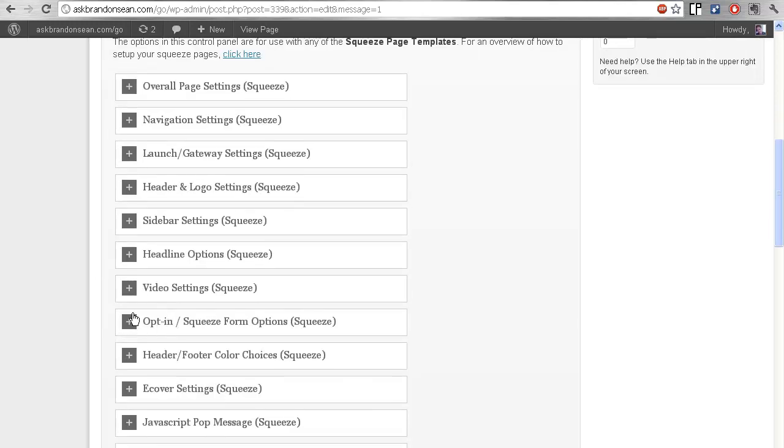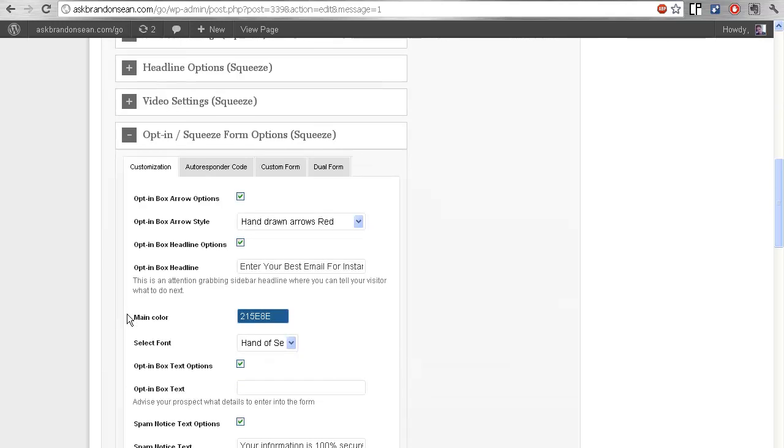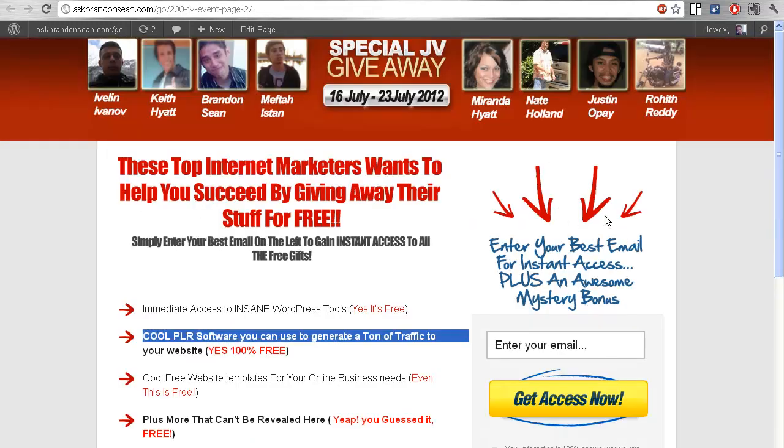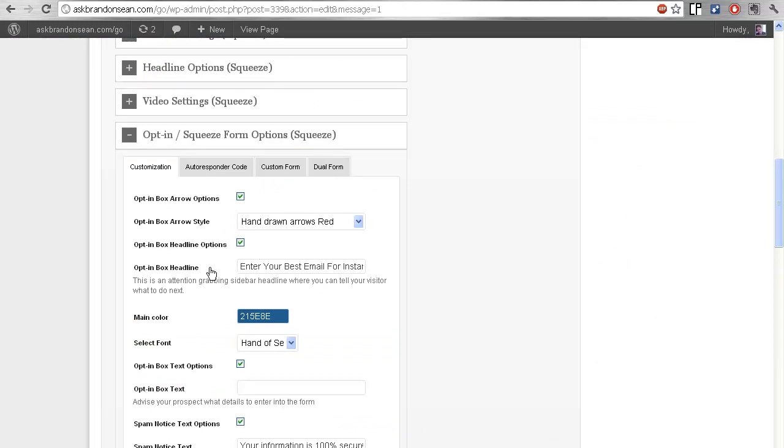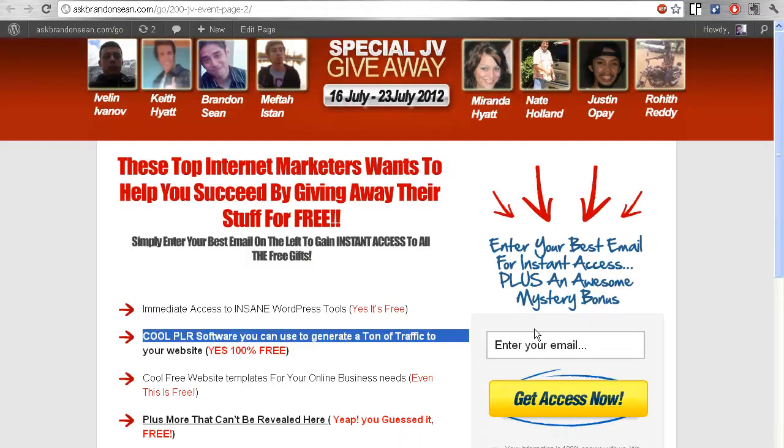opt-in squeeze form options. Click this. As you can see, opt-in box arrow options. I check this as well, and I use opt-in box arrow style hand-drawn arrows, which is going to give you this effect here, these hand-drawn arrows. And opt-in box headline, enter your best email for instant access, which is basically,